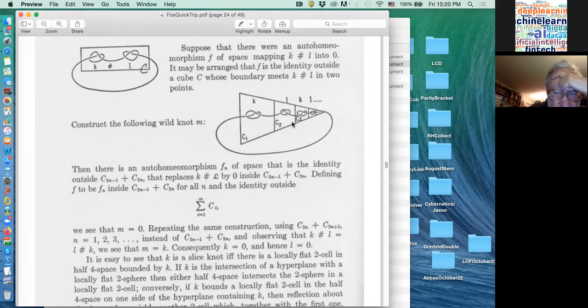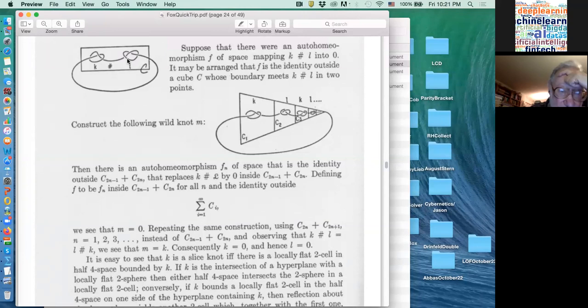Or you can just understand that they will cancel in pairs whether you write one way or the other. And then all the remaining pairs cancel, and you're left with C1. So that makes this wild knot equivalent to just C1. So therefore, C1 is equivalent to the unknot. And similarly, C2 is equivalent to the unknot. And we're done. We're done by starting with tame knots and going into the wild category and showing that the